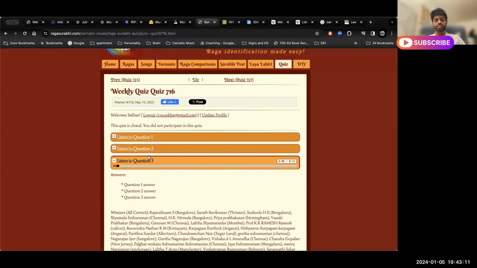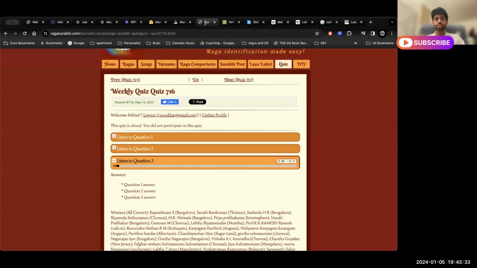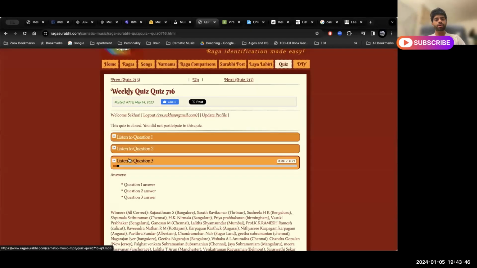So in this case, we know the swaras, we need to identify the actual sub-swaras, meaning that because in Carnatic or Hindustani music, there are three Ras, R1, R2, and R3. There are three Gas, G1, G2, G3, and similarly, there are multiple swaras within a swara. So if they said Re in their quiz today, it could be one of these three. So our task is to identify which of these possible subswaras are being sung in this clip,